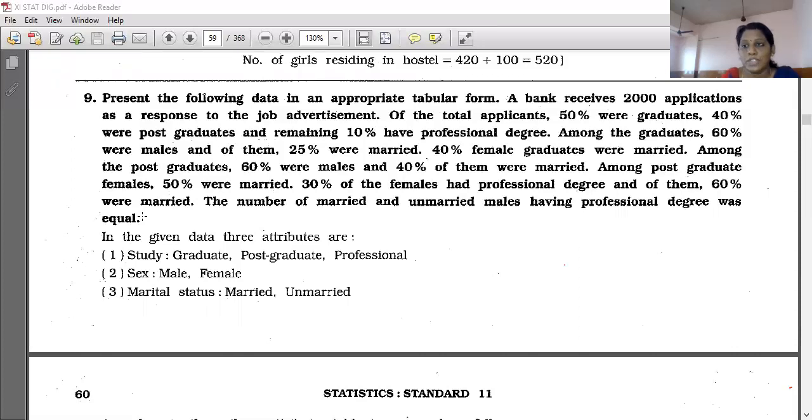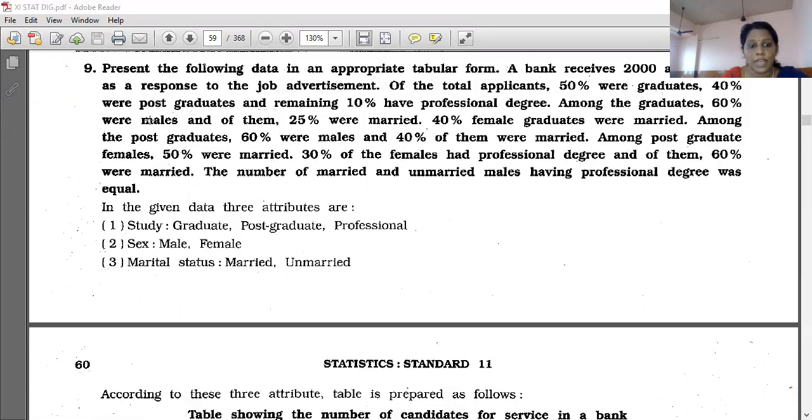So whenever the question is given, whenever you are doing tabulation sum, please read the question 2 to 3 times. Right? Whatever is the important thing that you have to do the calculation, please underline those important points or the calculations wherever it is necessary. At least 2 times you have to read the question. Okay, so the attribute here is